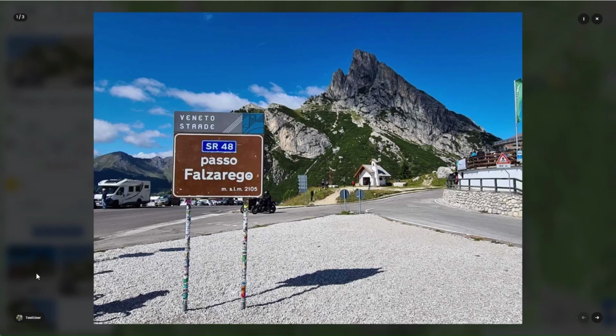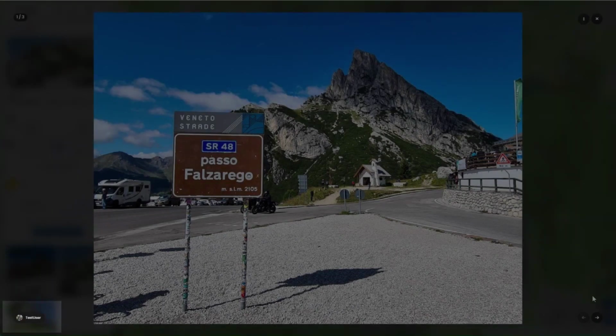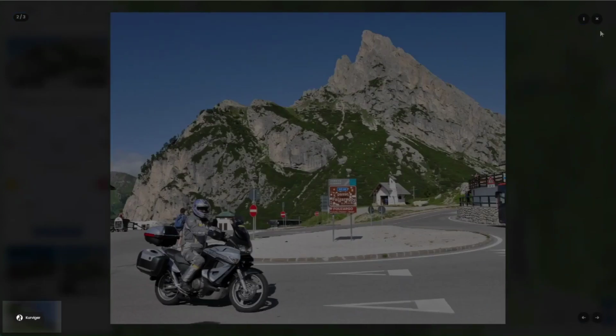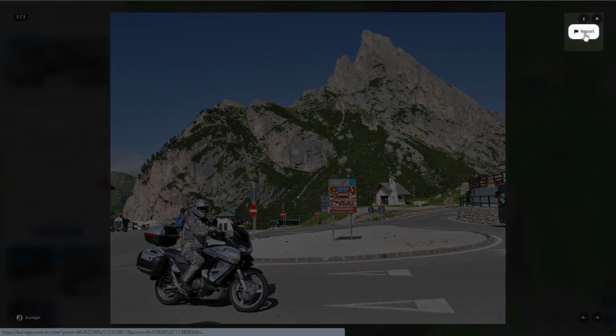When you tap on a photo in the overview, it will be displayed enlarged. You can delete your own photos at any time. To do this, click on Delete in the three-dot menu in the top right corner. In the enlarged view, you can also see who contributed the photo and click through the photos here as well. If there is something wrong with another user's photo, you can also report it here in the three-dot menu.